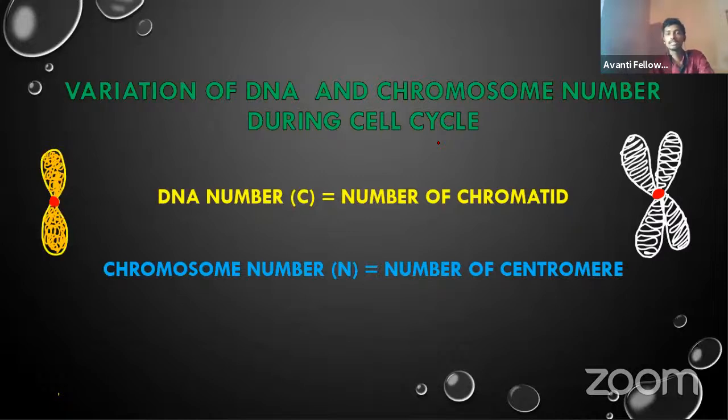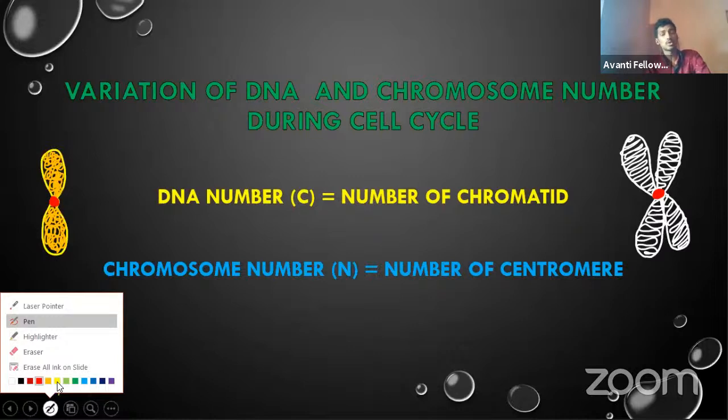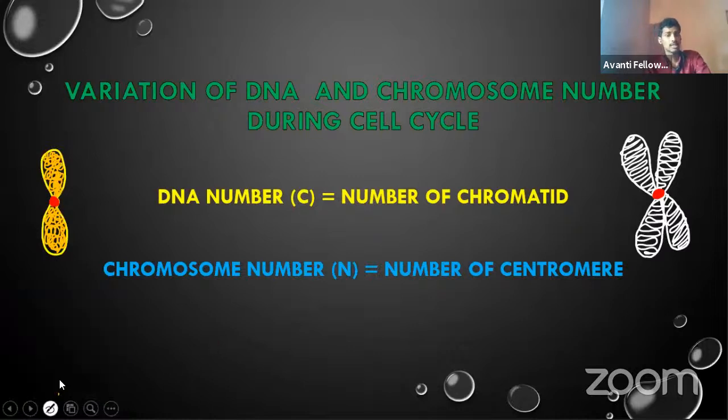So for the first thing, variation of DNA and chromosome number during the cell cycle. That means the DNA number and chromosome number, both of them are not constant throughout the cell cycle, okay? It's normally varying from one particular phase to another particular phase. It majorly depends upon the segregation of chromosomes and replication of chromosomes, okay? Before we see what those are and how they change, we have to understand first what the annotations are, or how we do the annotation, okay? The first one,